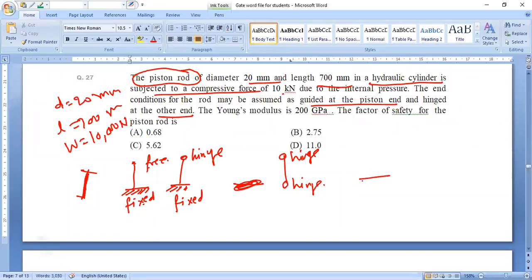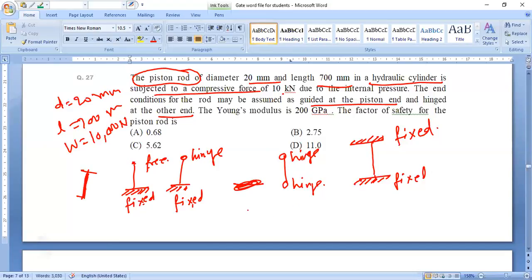आपने कॉलम थ्योरी में पढ़ा होगा ये कंडीशंस। कॉलम थ्योरी में आपने देखा होगा कि एक end is fixed and other end is also fixed. Both are fixed, है ना। So this is also fixed. So four conditions ध्यान रखिएगा, ये बहुत काम आती हैं। Fixed free, fixed hinge, hinge hinge, fixed fixed। ठीक है, तो इन कंडीशंस के लिए अब ये रॉड कितना बियर कर सकती है, तो आपने पढ़ा